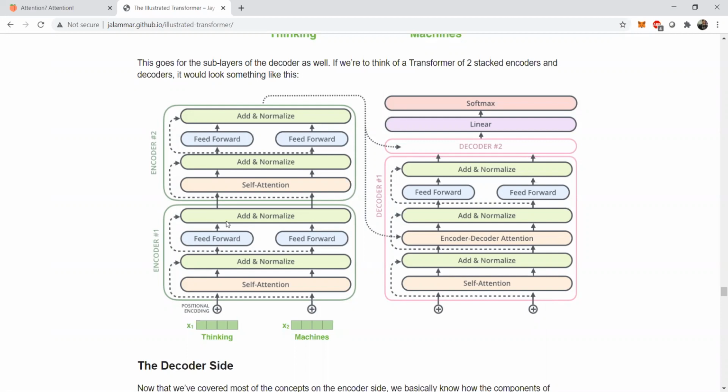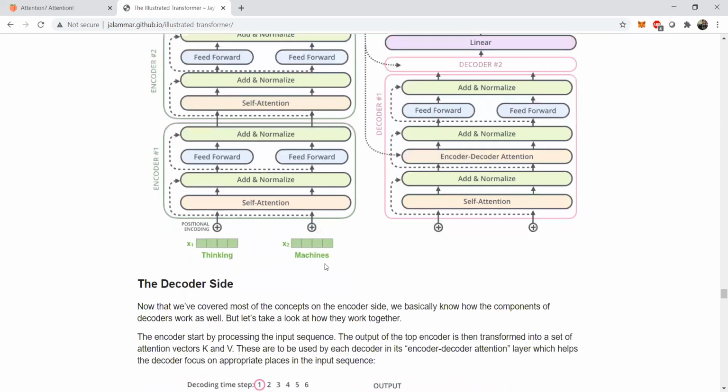So we are normalizing the output of that particular feed forward neural network, right? And we are adding the weights of that feed forward neural network output, and we are normalizing them. So this is our encoder stack one, and effectively these encoder stacks get repeated over and over again. So in this way, instead of having a single self attention layer, we are effectively concatenating different self attention mechanisms to have a multi-head self attention mechanism for the encoder side.